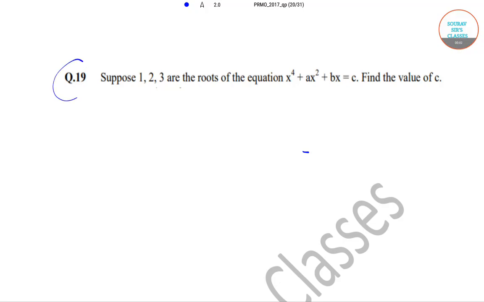Hello, in this question number 19 it has been said that suppose 1, 2 and 3 are the roots of the equation x to the power 4 plus ax square plus bx is equal to c, and we need to find out the value of c. So now this equation can be rearranged as x to the power 4